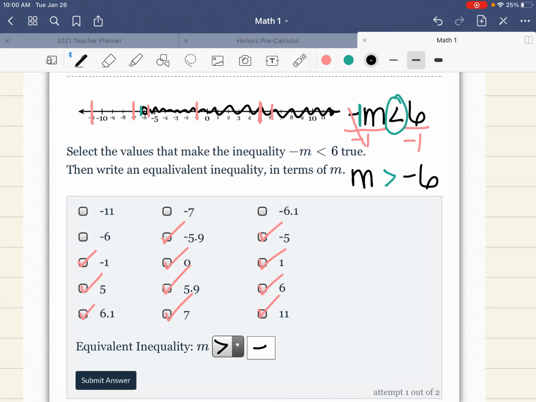All right, so when you type this out, it should be m is greater than negative 6. So hopefully this helps. If you have any more questions,